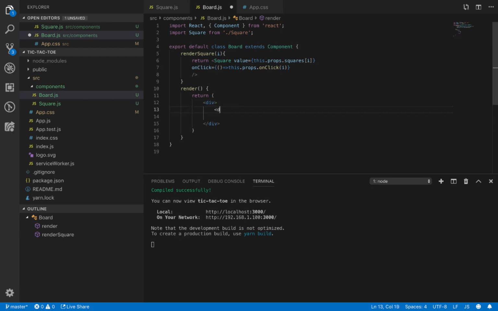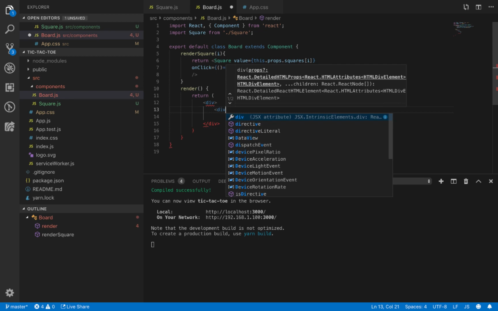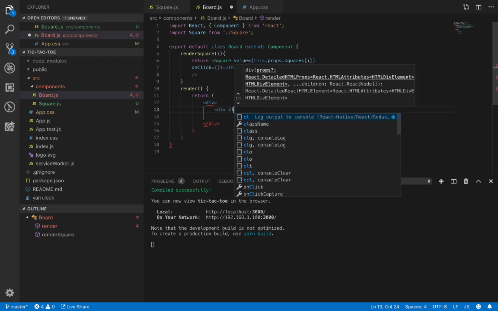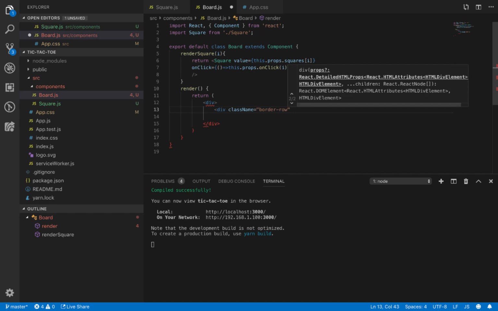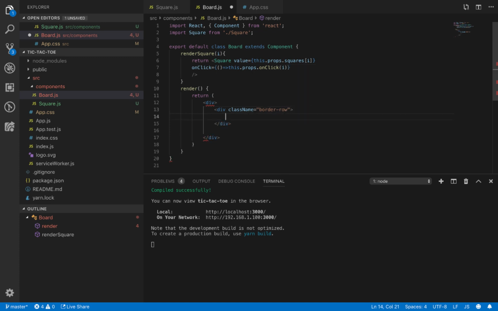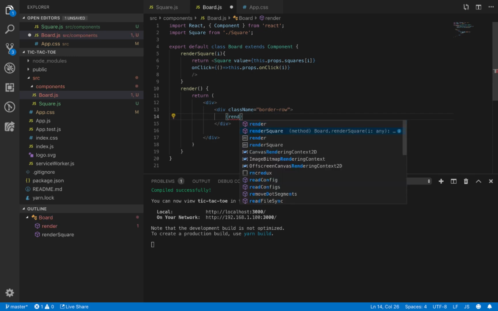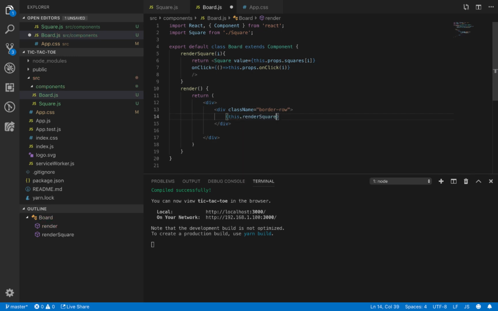Here we need to create a div for creating a board row. So the class name would be board-row, and inside each board row we need to call renderSquare 3 times. The first one is with 0, the second one with parameter i, because it's going to be array index based, and create